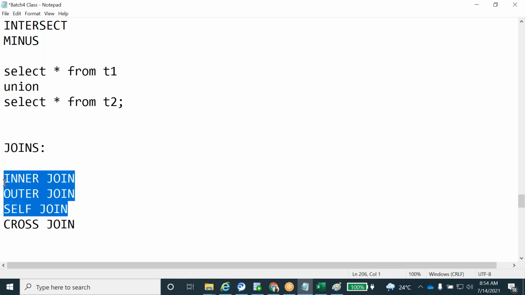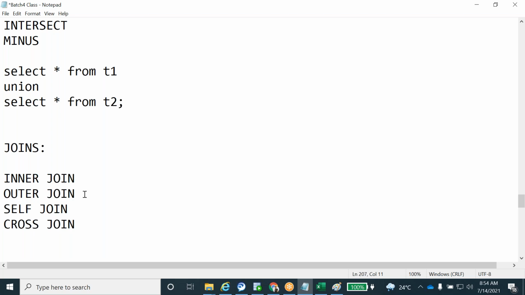The outer join again is differentiated into three types: left outer, right outer, full outer.